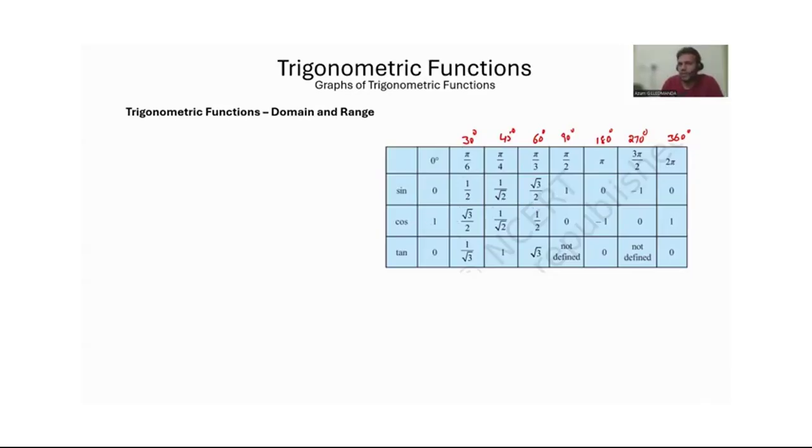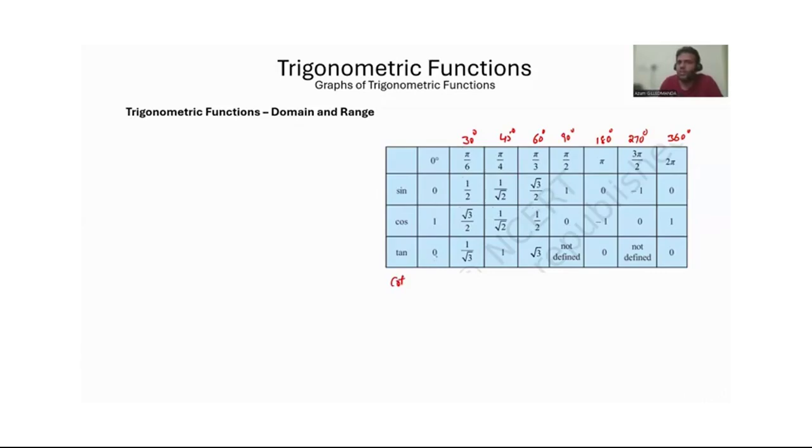These are complementary angles, so the reverse of it. Now we got that, right? Sine and cos, and then tan we can get by dividing sine and cos. So 0 by 1 is 0, 1 by 2 divided by root 3 by 2 is 1 by root 3, and so on, right? So if we look at cot, if we want to know what the values for cot are,